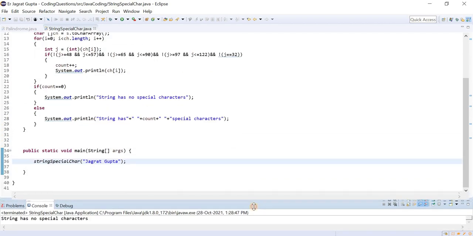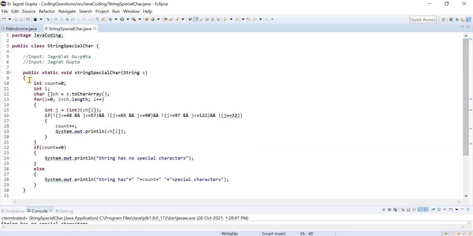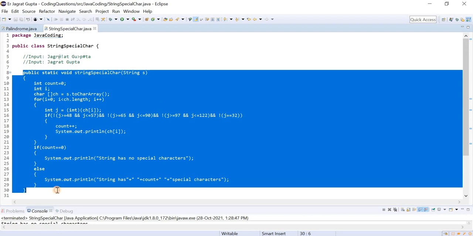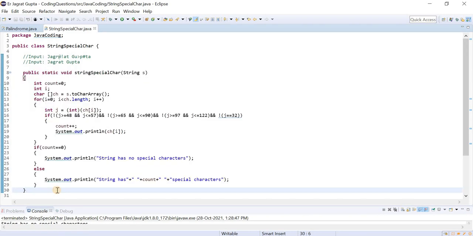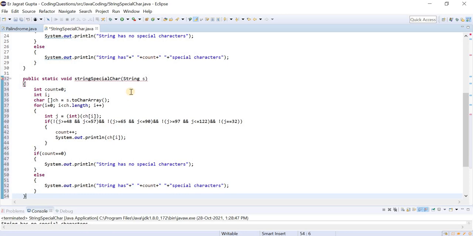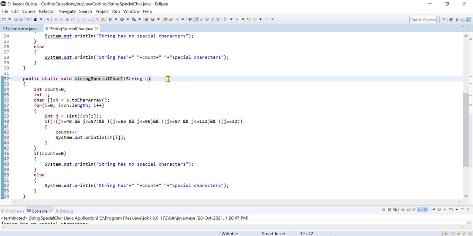Okay. So let's move toward the second method, in which I told you that you need to incorporate the character class, which is the suggested method. Okay. So whenever this type of program is asked at the time of interview, then you need to definitely use this method. Don't use the ASCII method, which I have already told you. Same thing will happen. Count and integer i, we need to convert it to the character array. Everything is fine. The only thing is we don't need this line.